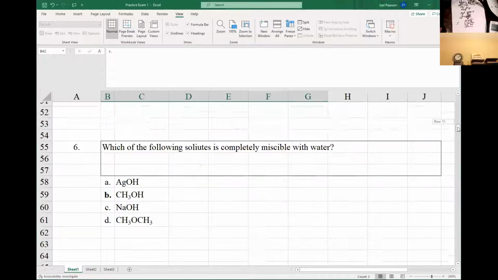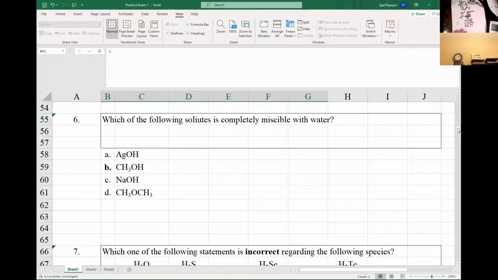All right, moving right along. We want to know which solid is miscible with water. Now, despite this being a specific example that I told you about in class, when we talked about what miscibility meant, what we're looking for in this particular problem is something that matches water. In this case, the solvent is water, given in the problem. And water,